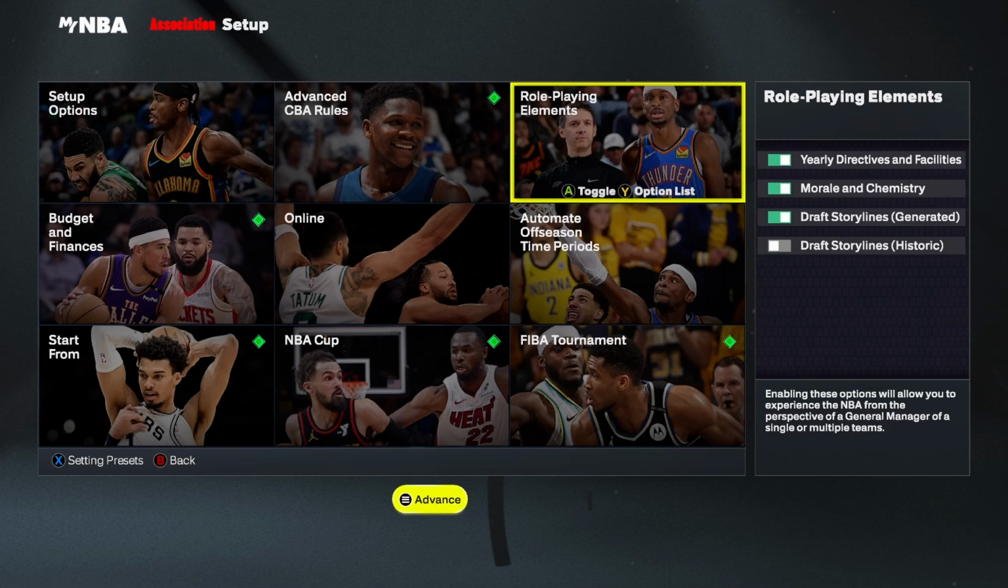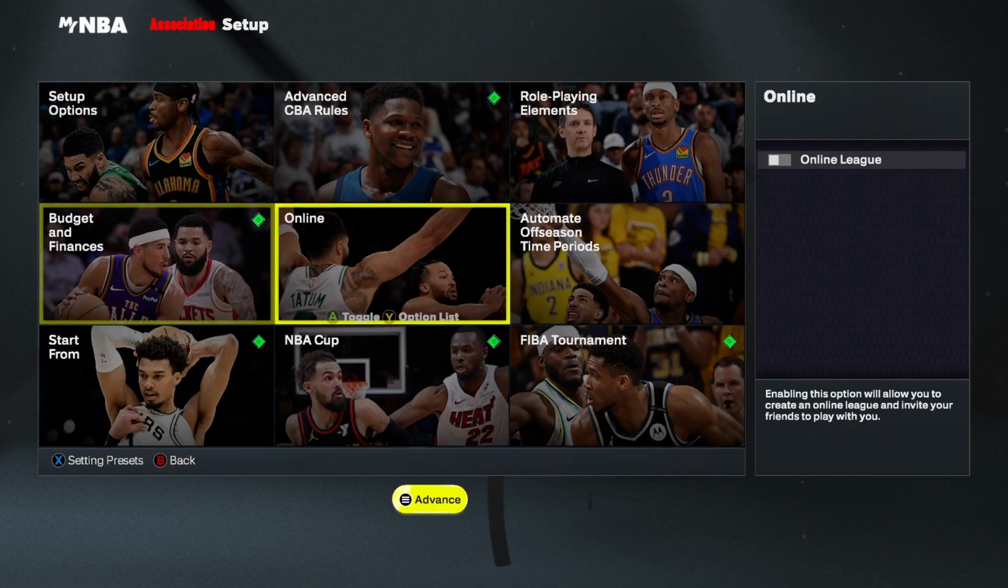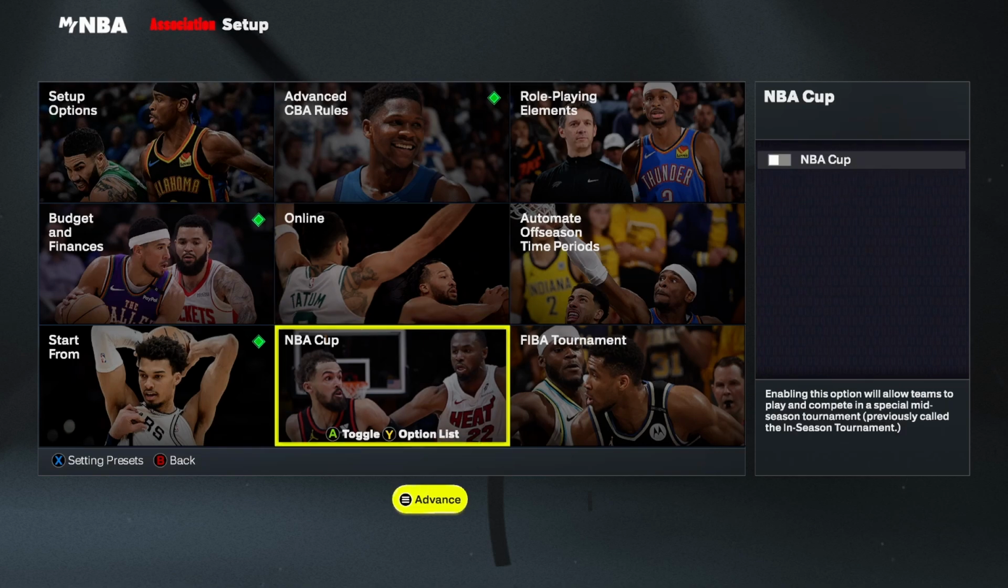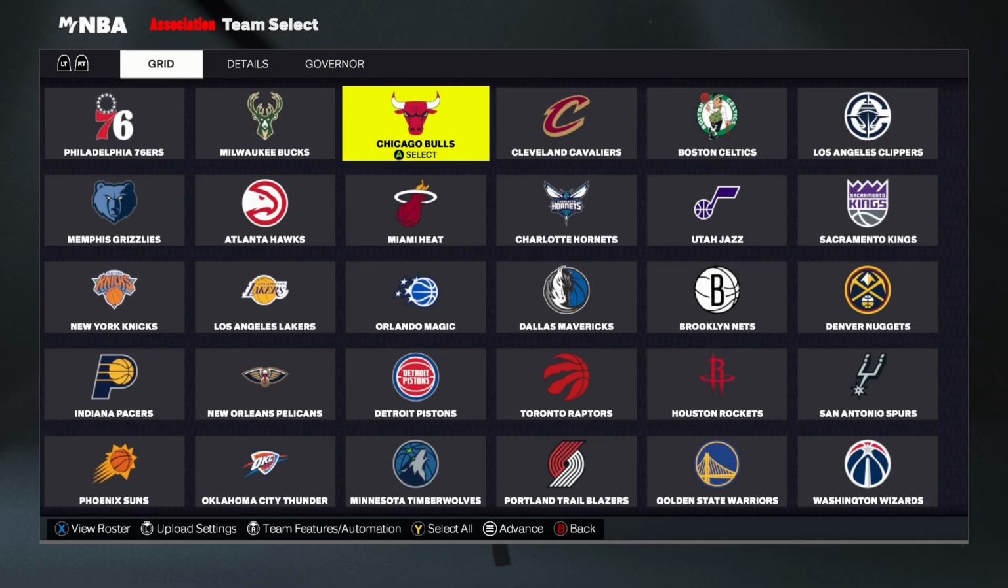So basically you can go through all of these options and check mark the option you wanna have. So let's say I wanna have an online league, then I can toggle on this option like so, and then a green dot will be added next to it. But I want to create an offline league, that's why I'm gonna disable it. And now press the start menu key on your controller to advance, and now we wanna select the team we